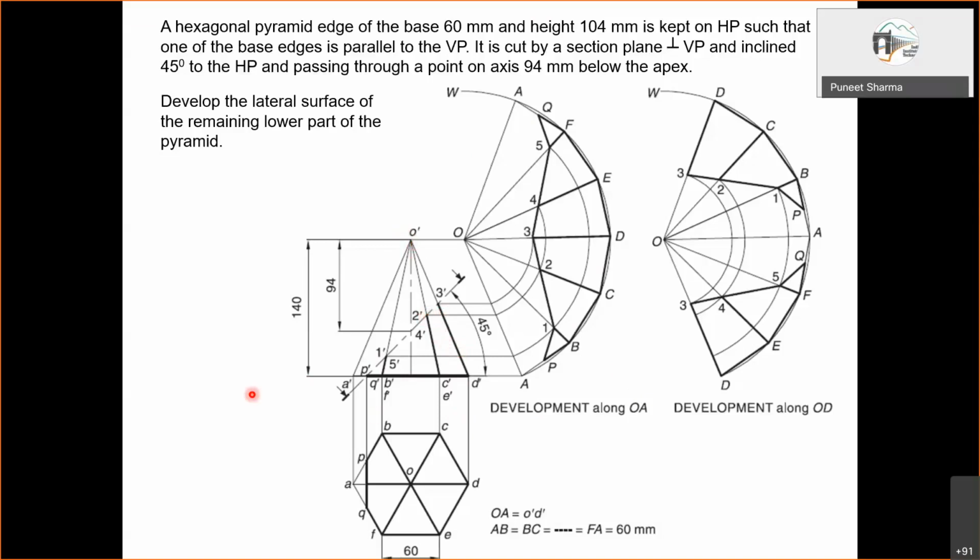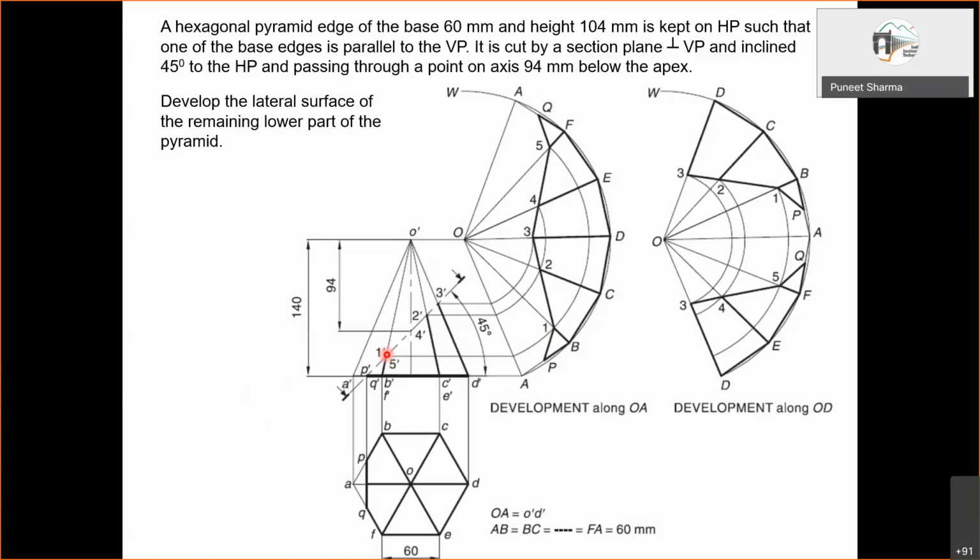So first of all, to begin with the development, you will have to consider the true length of the slant edge, and then you will draw this circular arc. Thereafter, all these points you have to locate.